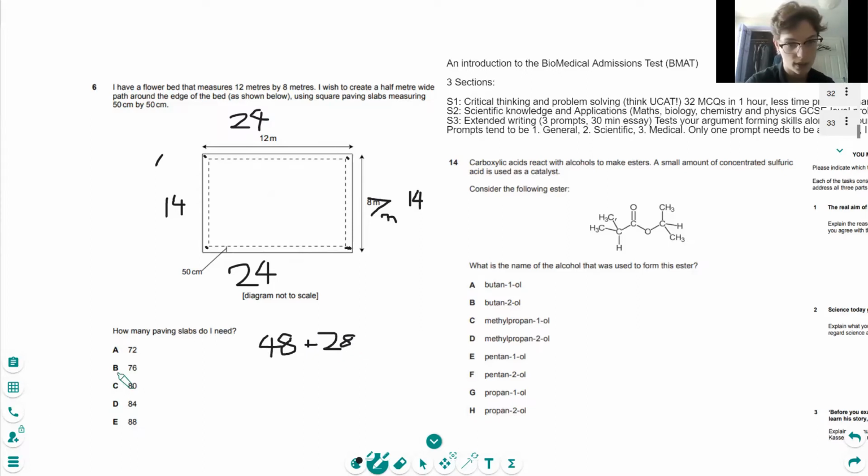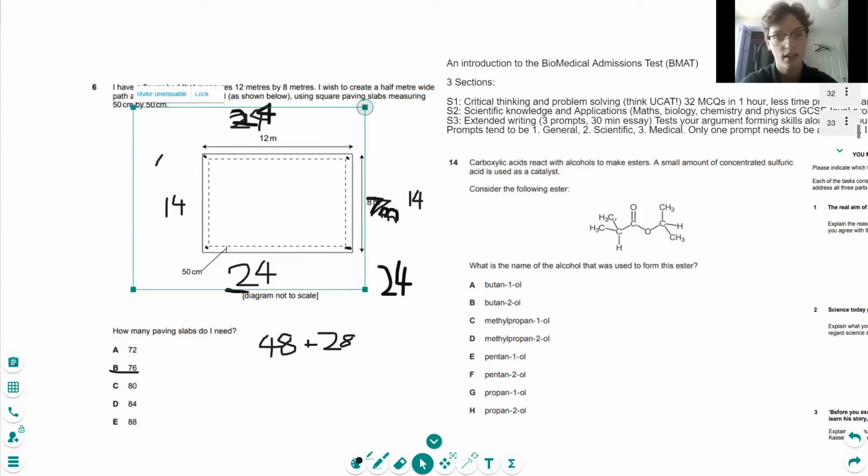So we need 76 paving slabs. As you can see, the most important thing with the BMAT is to just work through the questions logically. Section 1, lots of these questions will be these kind of problem solving techniques, and the rest will be on